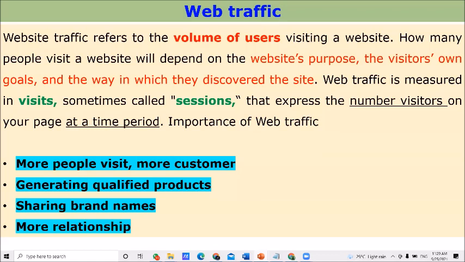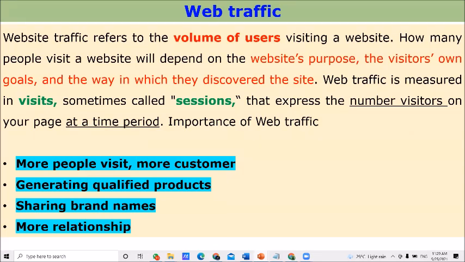Here, web traffic refers to the volume of users visiting your website. In other words, at a particular time, the number of users who visit your website. If it is more, it means your website is very good, right? You are publishing a higher demand website.